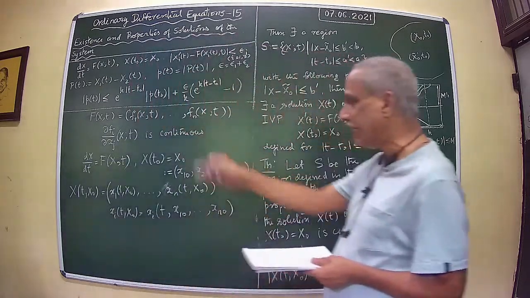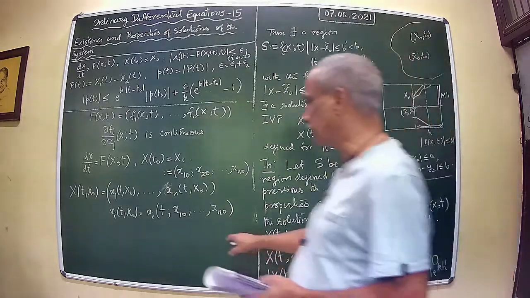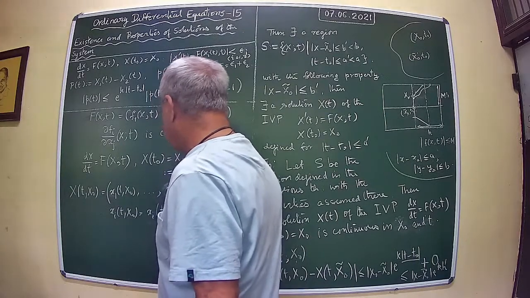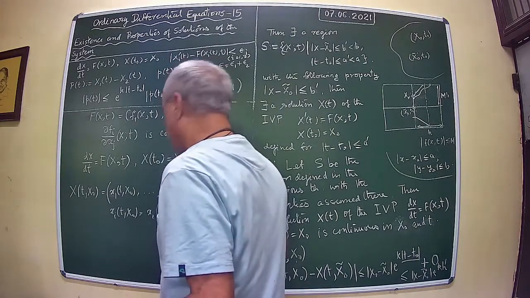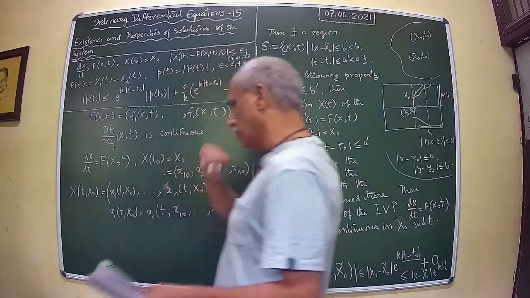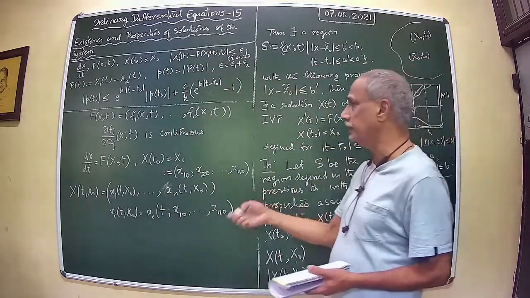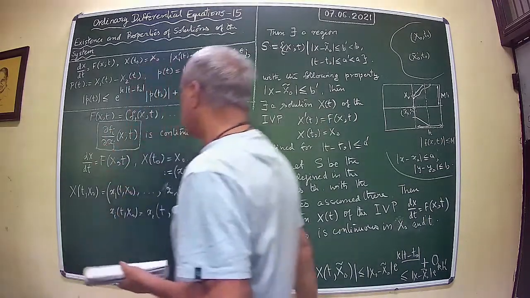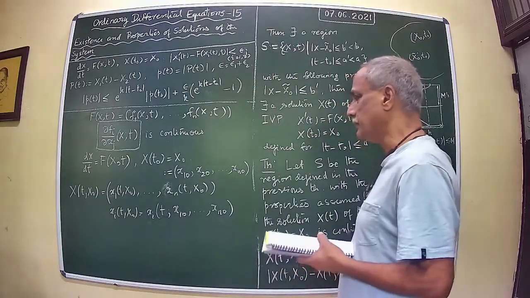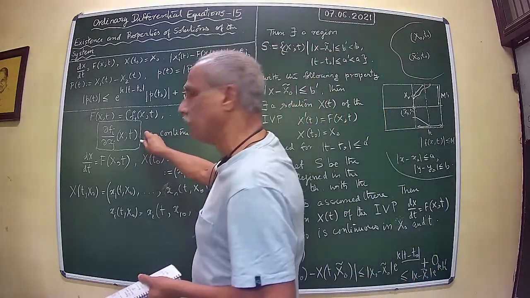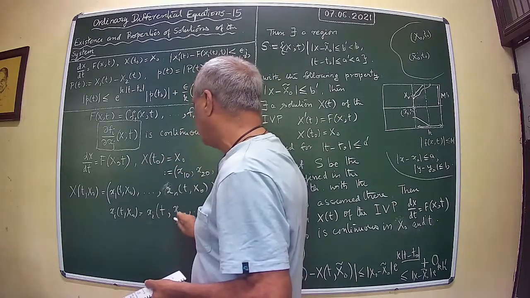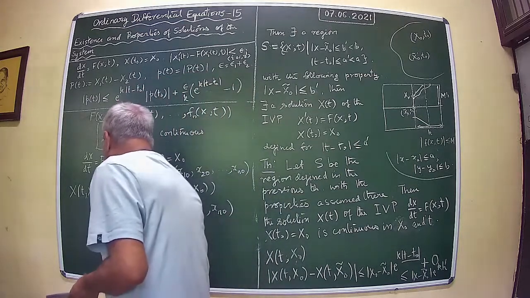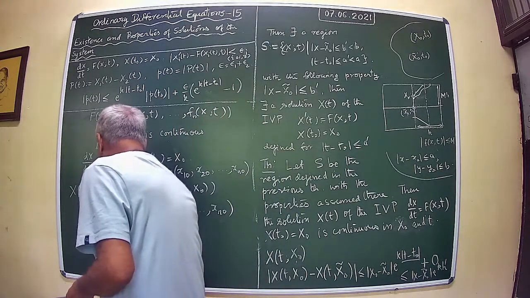So if you vary the initial data, then what happens is the solutions that you get are functions of not only t but x1 naught, x2 naught, etc., xn naught. Now our assumption is this, that the partial derivative of fi's with respect to xj is continuous. If so, that particular property is inherited by the functions, the solutions xi. In fact, what you can prove is that dxi by